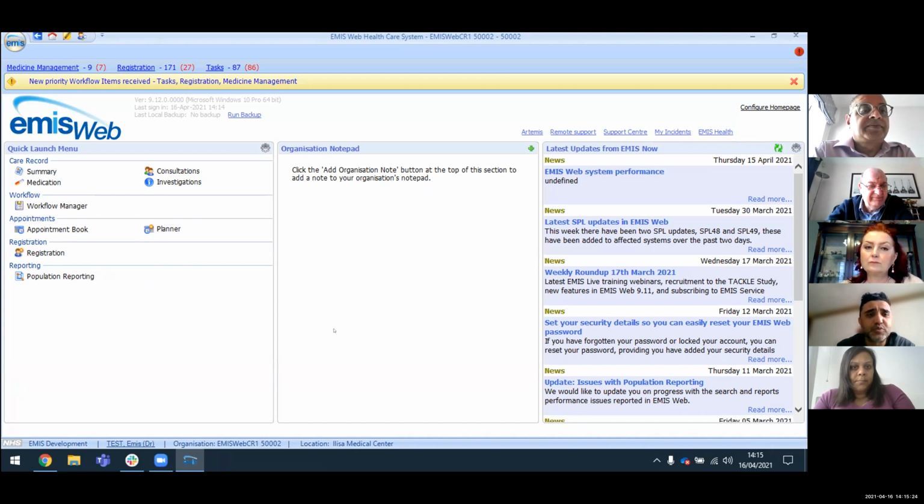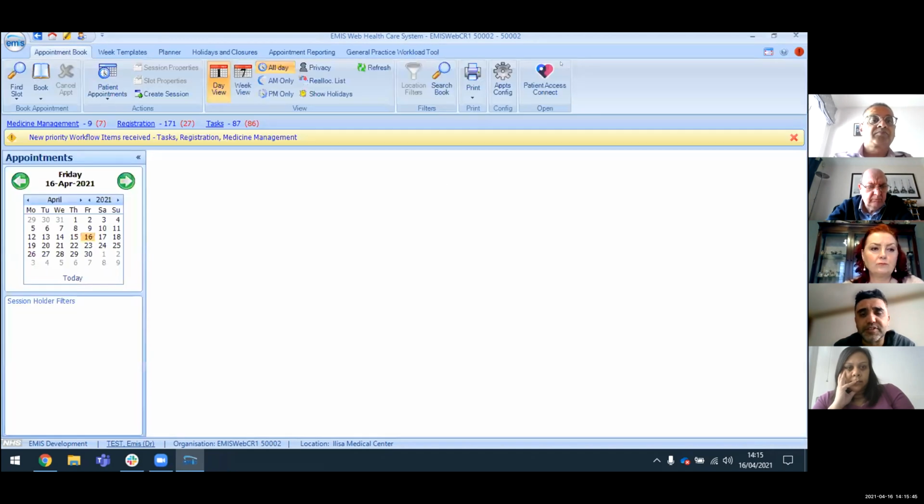So this is basically the EMIS web console that any GP practice or receptionist sees from their perspective, and this is where all the medical data, medications, referrals and everything is managed from a GP practice perspective. And what we've done is we've introduced a button in EMIS web itself, which is this patient